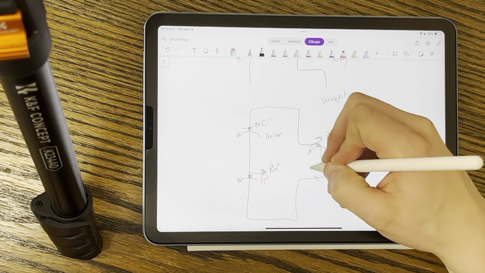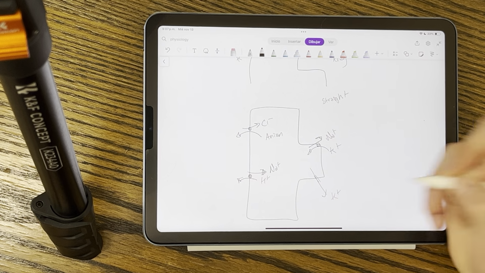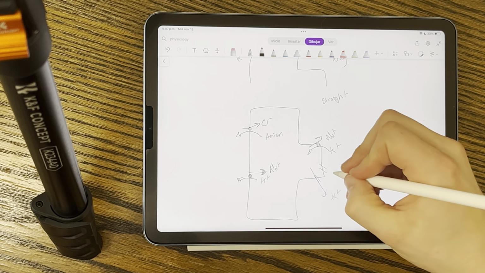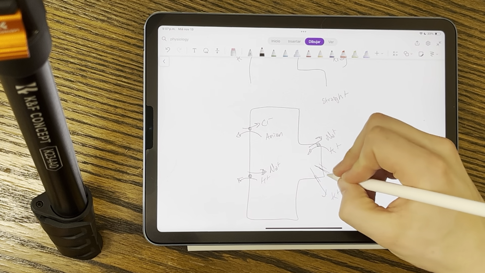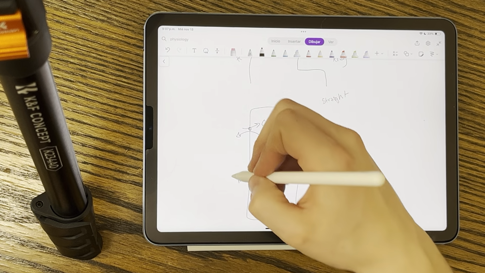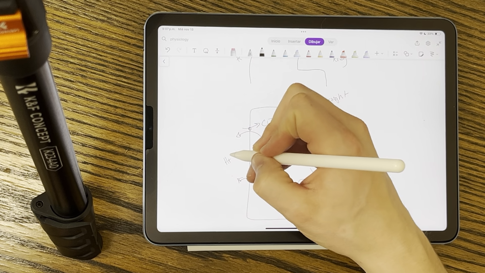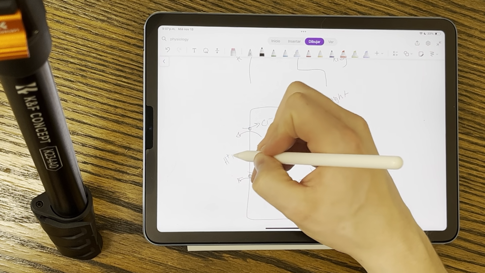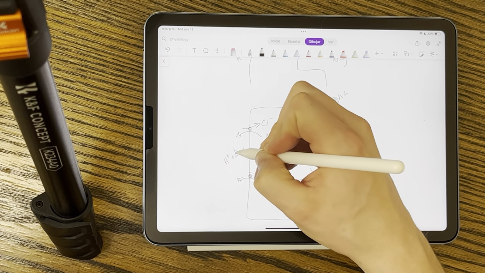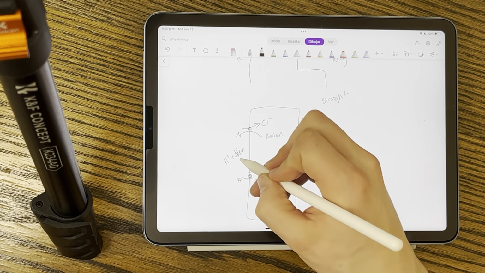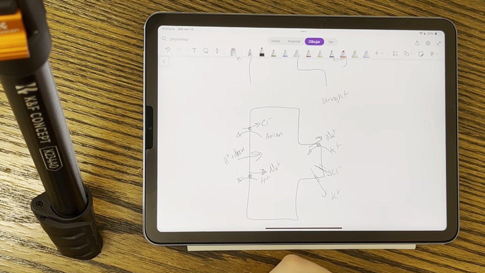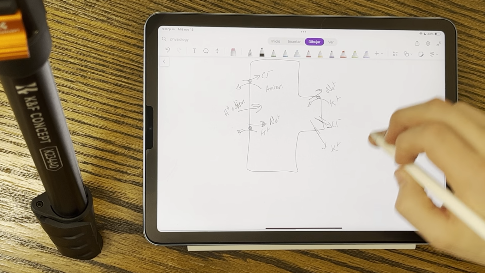On here, we got some potassium and chloride channels, right? But now this H plus and anion will bond and then be able to float back through into the cell. As soon as we continue down,